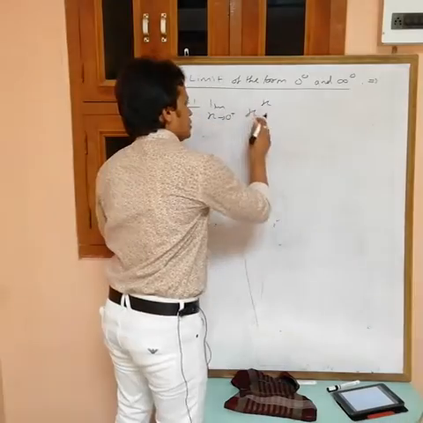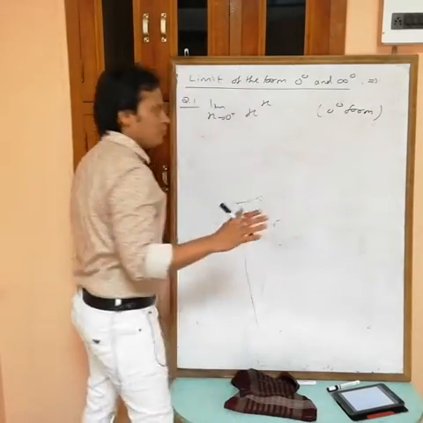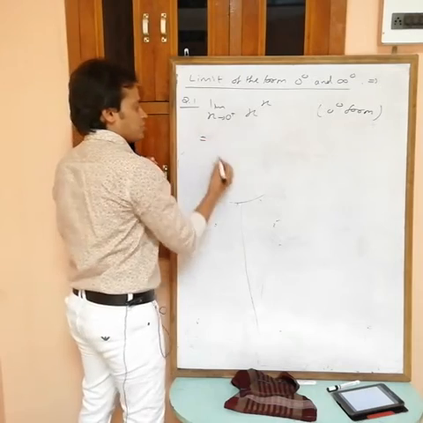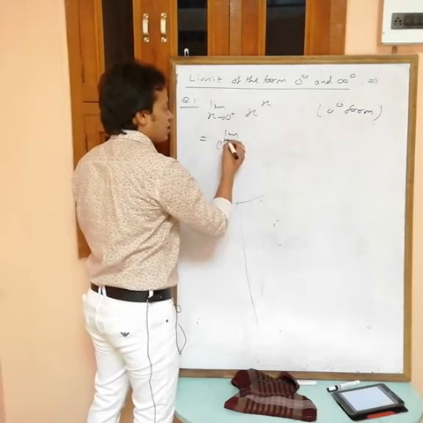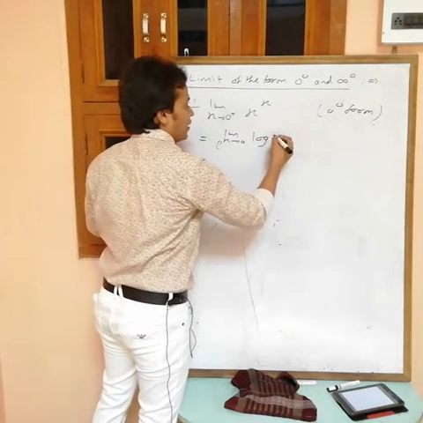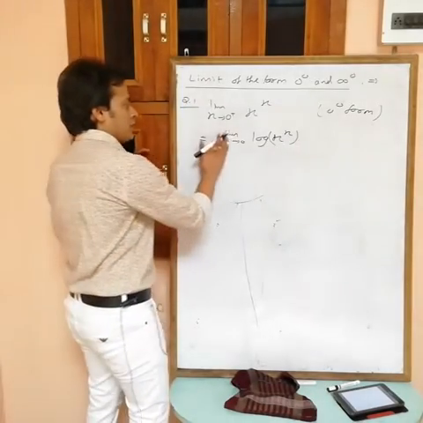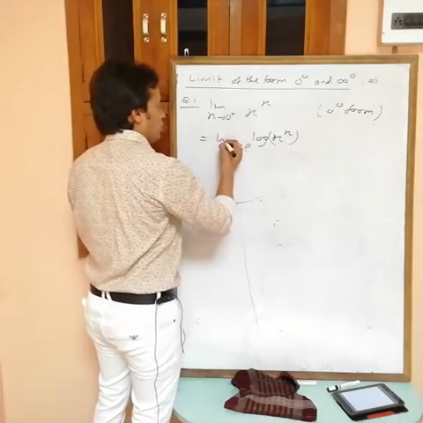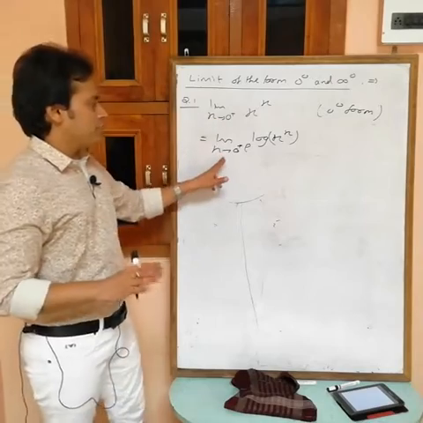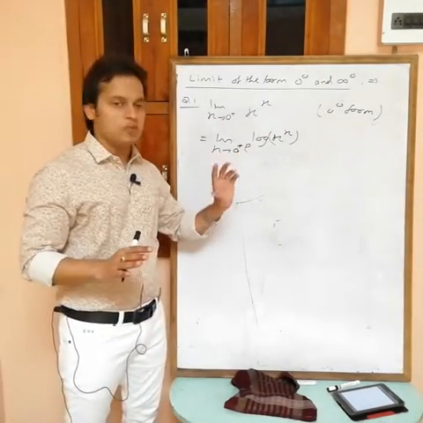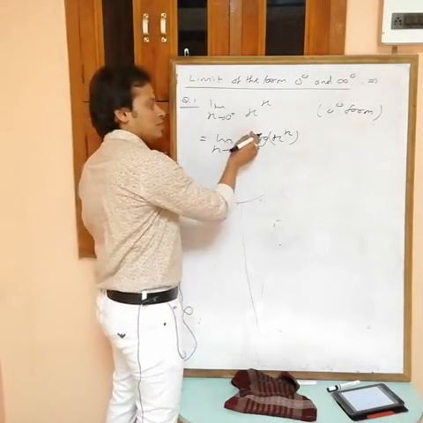If you put 0 plus, then what will you get? 0 power 0, 0 power 0 form. If you have 0 power 0 form or infinite power 0 form, same process. Write this one in terms of e power limit x tending to 0 log of x power x. Check, can I write this one or not? Also in this way, limit x tending to 0 plus. Both are the same thing. Limit x tending to 0 plus, as it is limit, this is equal to x power x, e log e x power x, that is equal to x power x. Now you can write limit also here, no problem.